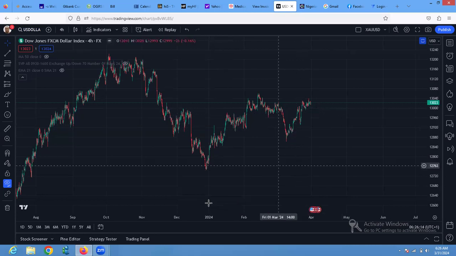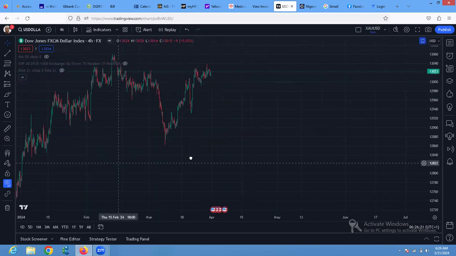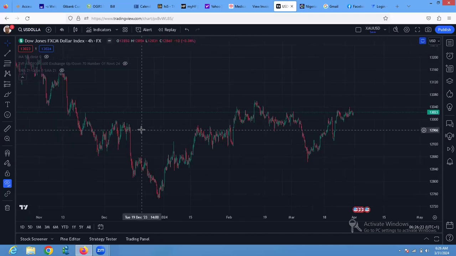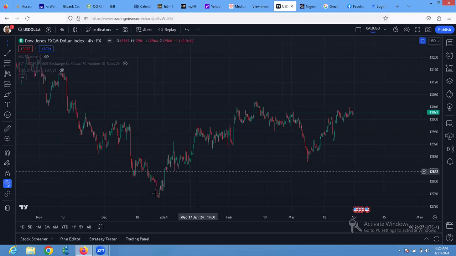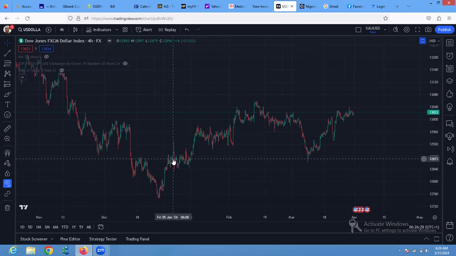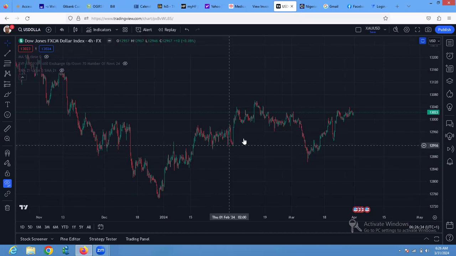So for now, here on US dollar index, if I now zoom, the only 5 waves that is correct that I can see is this first move to the downside on that time frame, on 4-hour time frame. This does not look like a 5-wave structure anymore. If you look at it really,